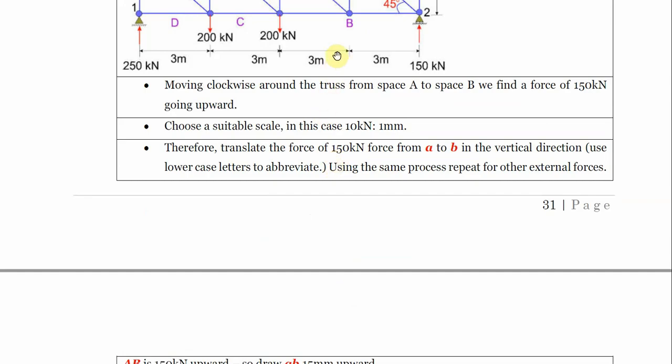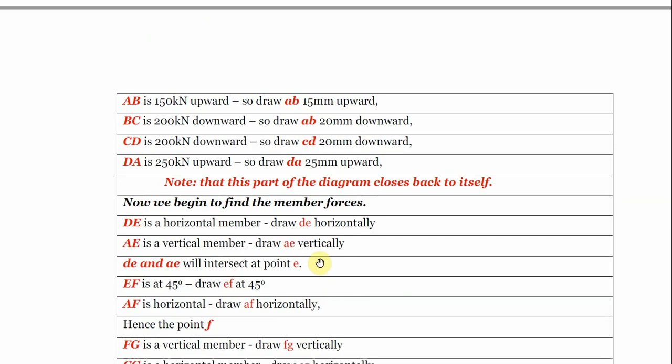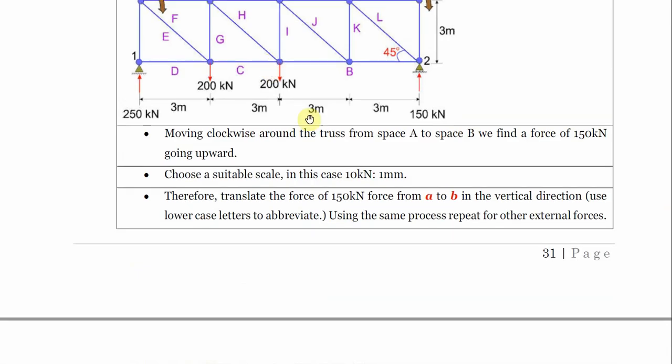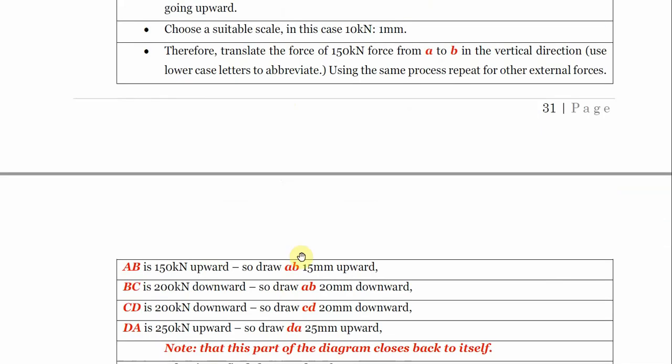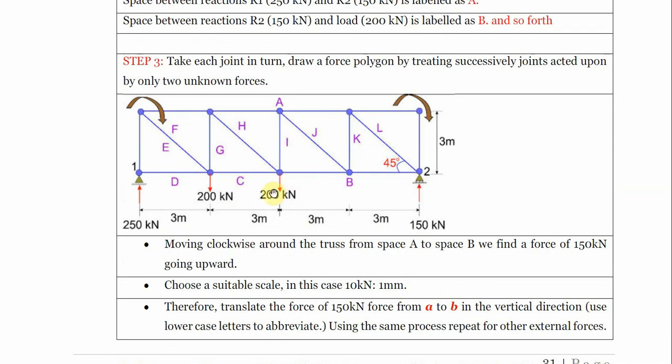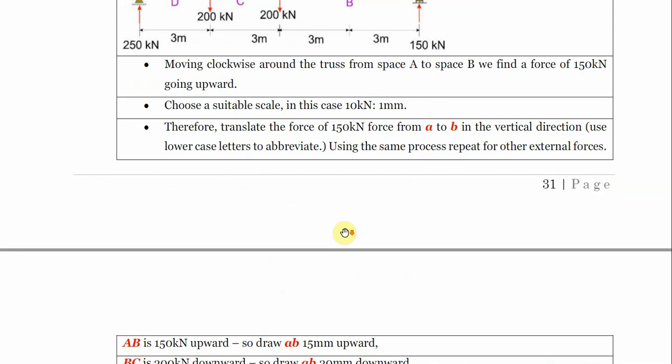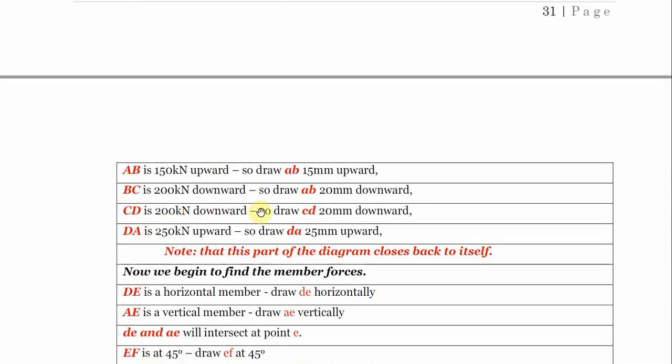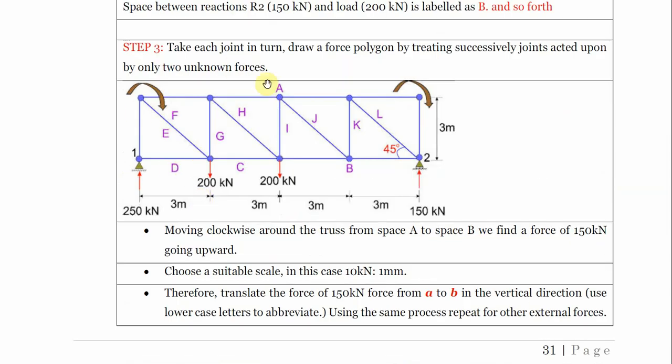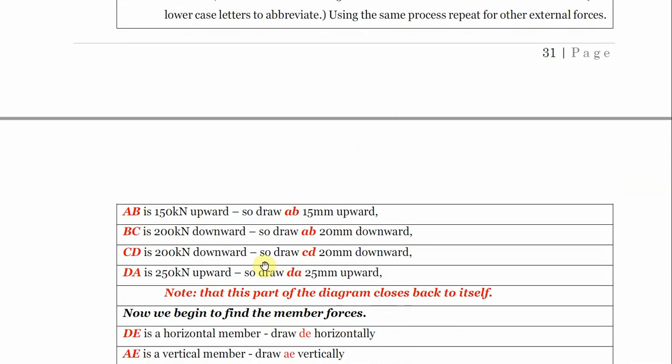Now from B to C is 200, but you see whether it is pointing upward or downward, it's pointing downward. We draw 20 millimeter downward, converted based on our scale. Then we come again, C to D is pointing downward again. C to D is 200, we draw 20 millimeter downward. Then from D to A, we have 250 going upward. Now, having done that for the external loading,